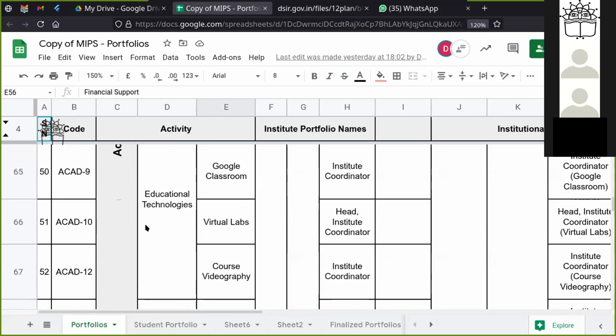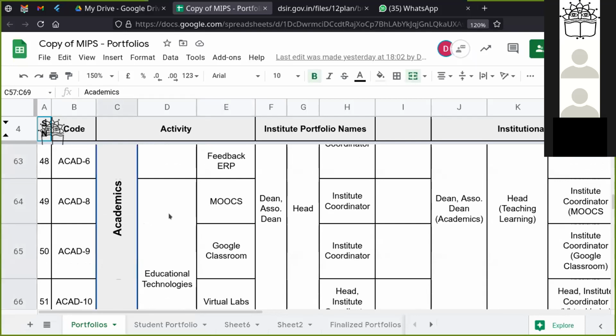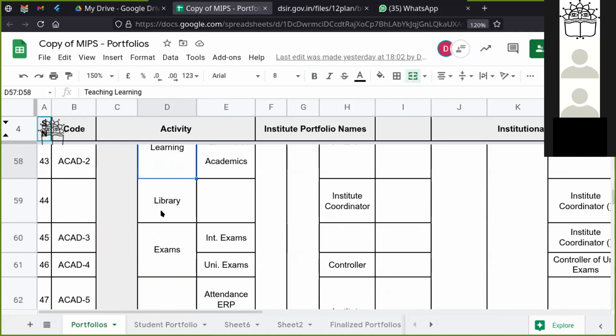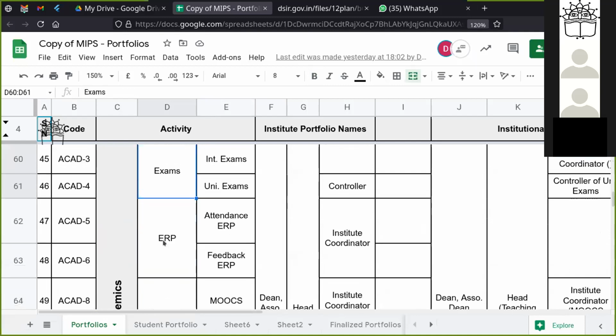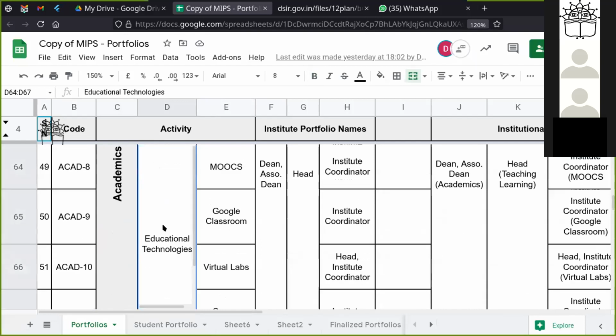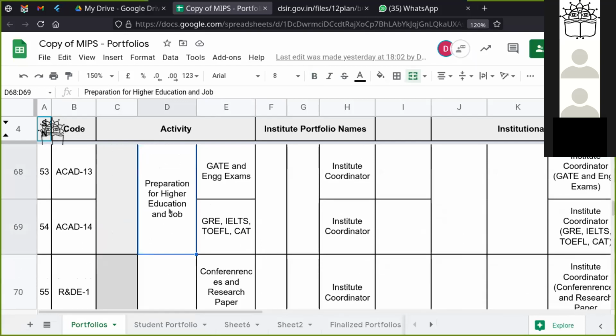Then we have academic activities here, and we have a large number of activities. Teaching learning is the main thing. Then we have library, examinations, then ERP. Going down, we have educational technologies and preparation for higher education and jobs, where we have primarily GATE, top engineering examinations, and GRE. So this is how it fits.